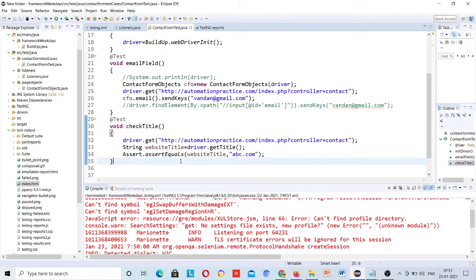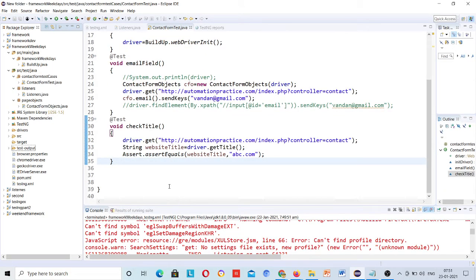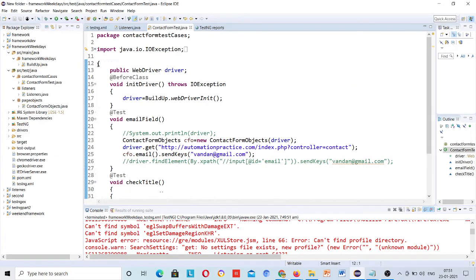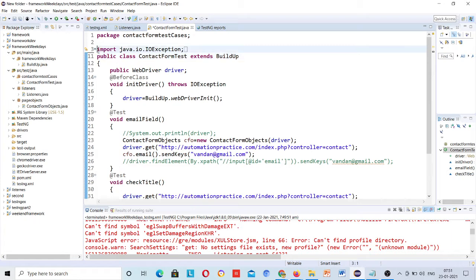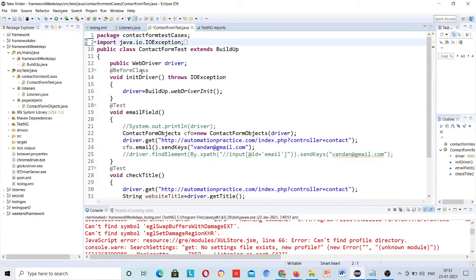Okay, now your task is to capture the screenshot for that. Once any test case fails, then you should capture the screenshot, for that failed test case. The screenshot code you guys already know. I will just copy and paste here to integrate, but you should know where to put that screenshot code.